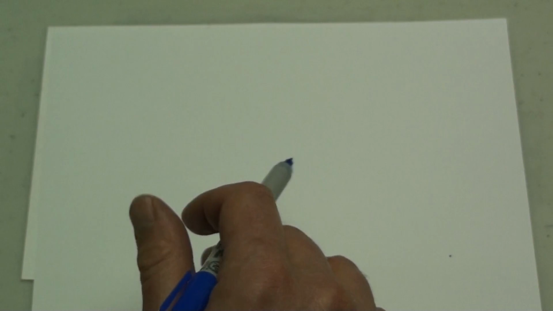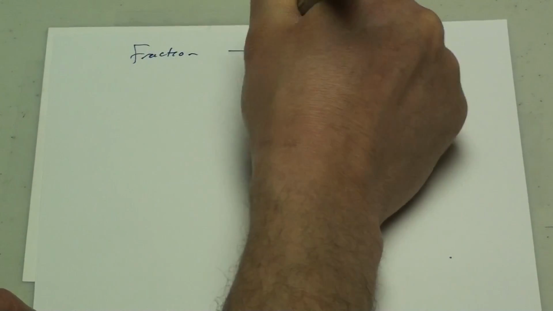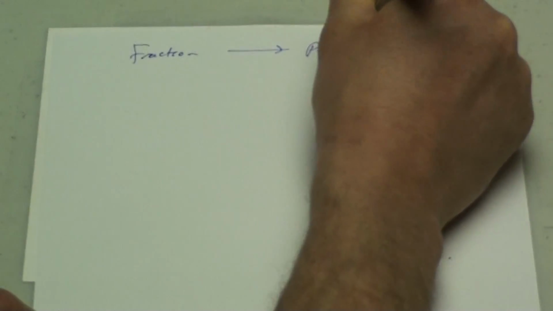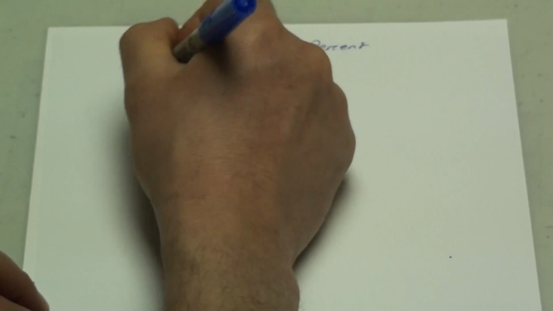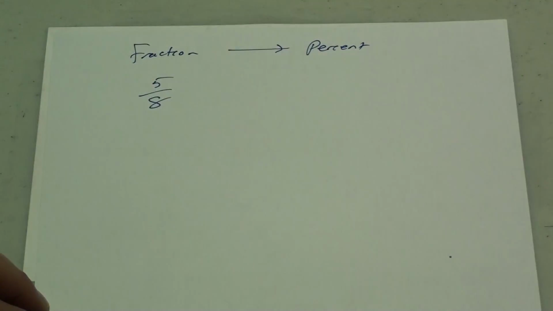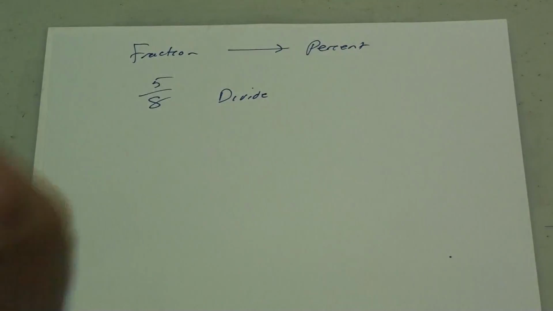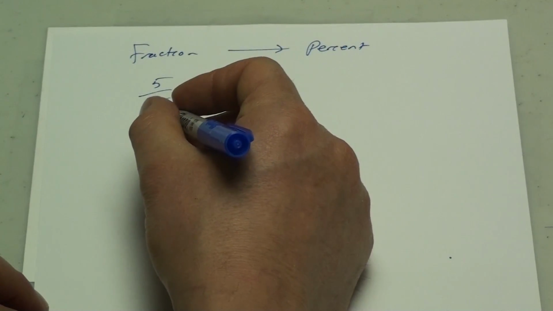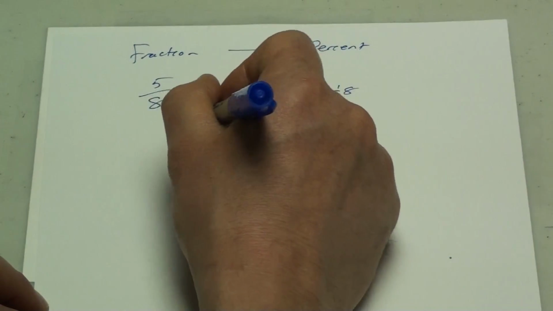Other things you can do with percent. Well, maybe I need to get to a percent. Maybe I have a fraction to convert to a percent. So let's take the fraction 5 out of 8. The first thing I want to do is divide. That gets it as a decimal. 5 divided by 8, and that equals